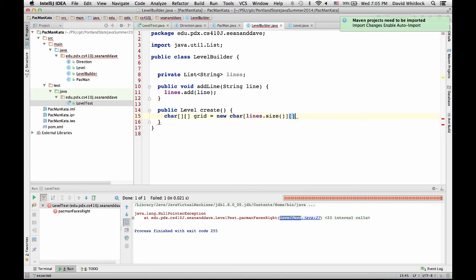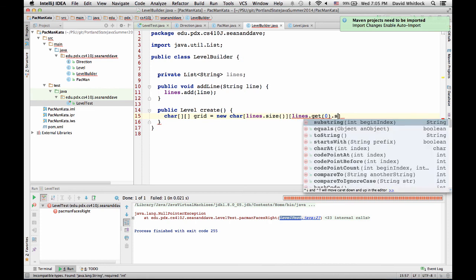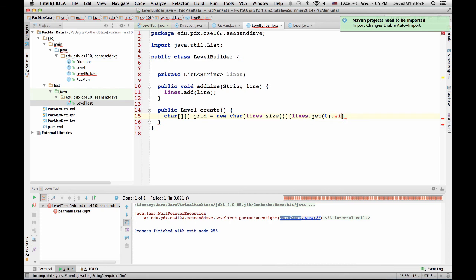And then how do you get the width? Like lines.get(0).size. Yeah, that'll do it. It's assuming they're all the same size, but we can worry about that later. And then we need to go through each line and populate the grid.